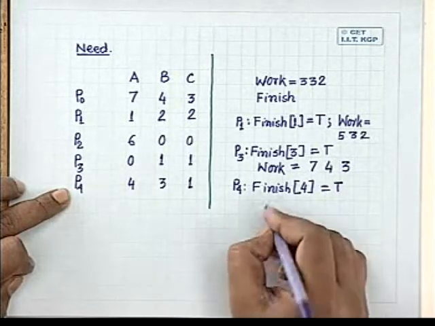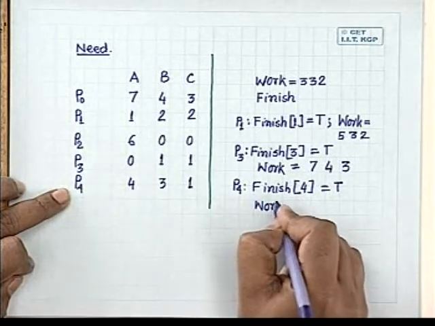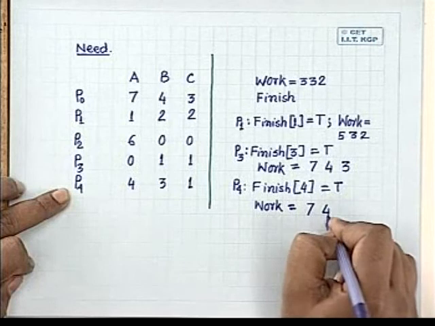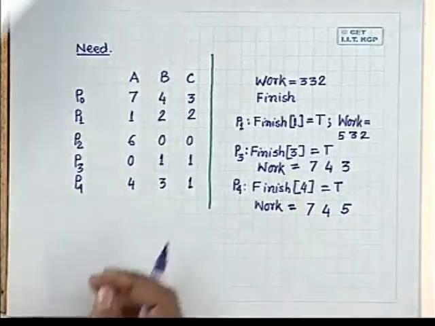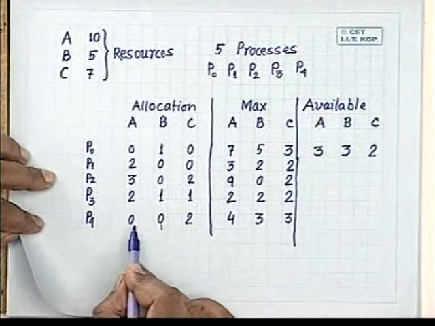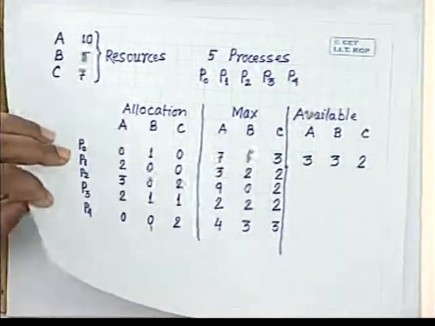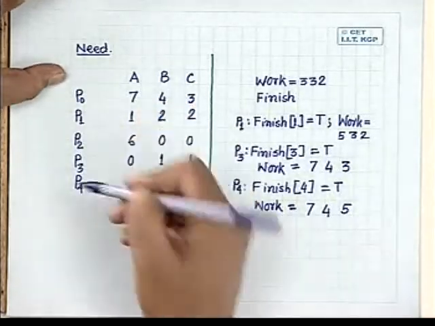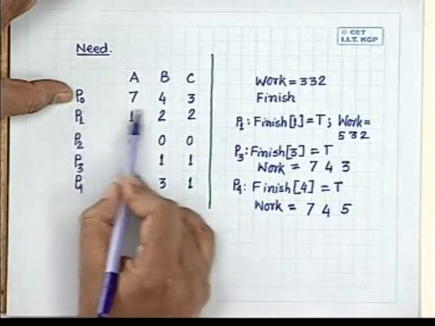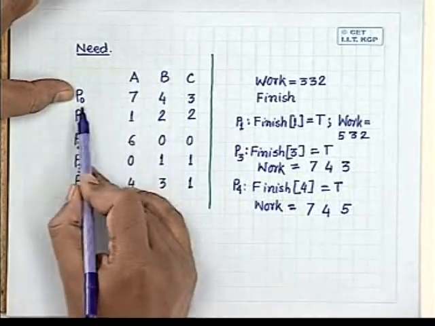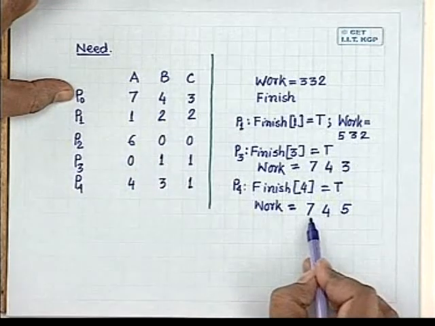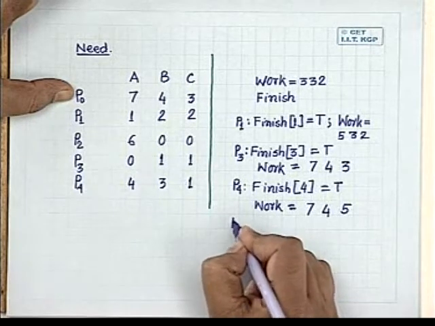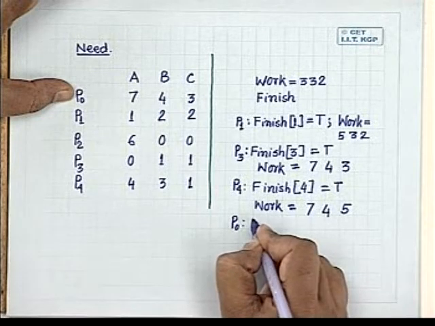Okay, and what will be work now? Work will be 7, 4, 5, because to P4 the number of resources allocated were 002. So this is the available resources after completion of P4. I'll go back again. You find that future requirement of process P0 is 743. Now it is less than or equal to available resources at this instant of time. So now P0 can complete, making finish 0 equal to true,